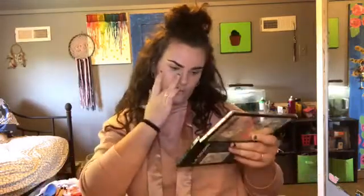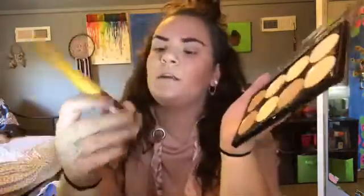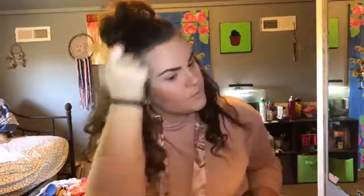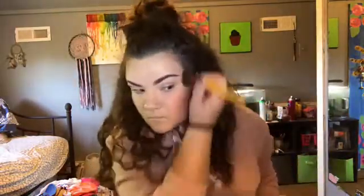And then after that, to bronze, there's one good bronzing shade in here, and it's this top shade. And I'm going to use my Eco Tools stippling brush in this top shade and tap that off, and then bronze. I'm just bronzing with this because this is more of like a wide brush. I don't know why I decided to start bronzing with this brush, but once I did, it worked quite well. Alright, and now that we are all types of bronzy,